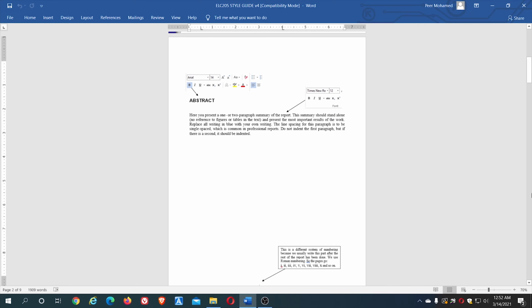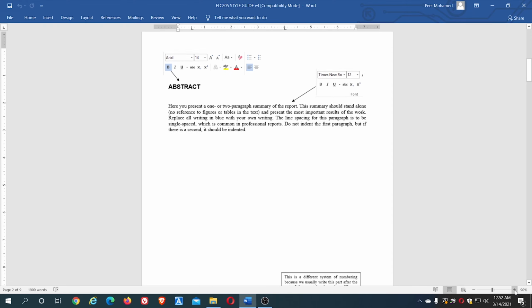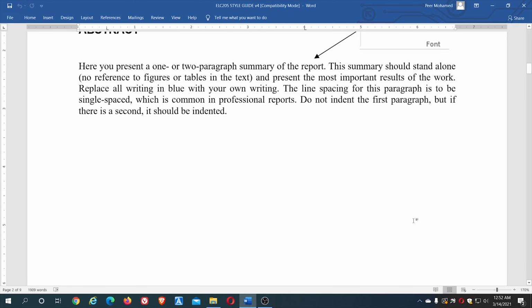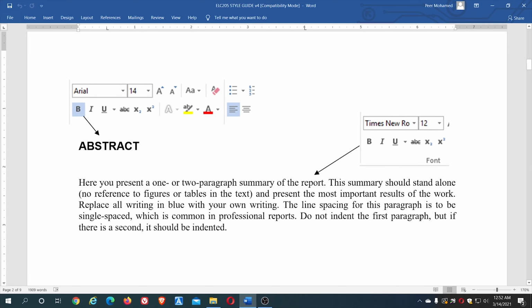So after the cover page, this is, you can say, the next page. Let me maximize the size so that it's clear to you. The next important thing after the cover page is the abstract. The abstract is the whole summary of what you have done in the report in 1 to 2 paragraphs. This paragraph will be written in single line spacing. So don't indent anything, write like this. You can write in 1 paragraph, 2 paragraphs, no problem. Don't write too long.